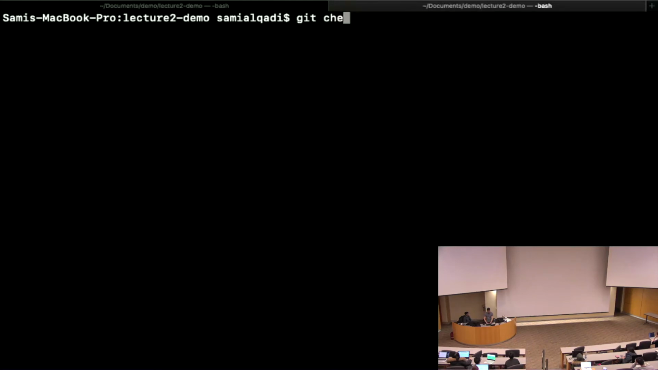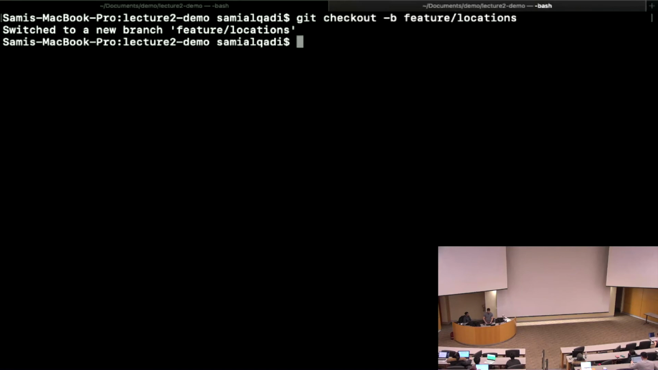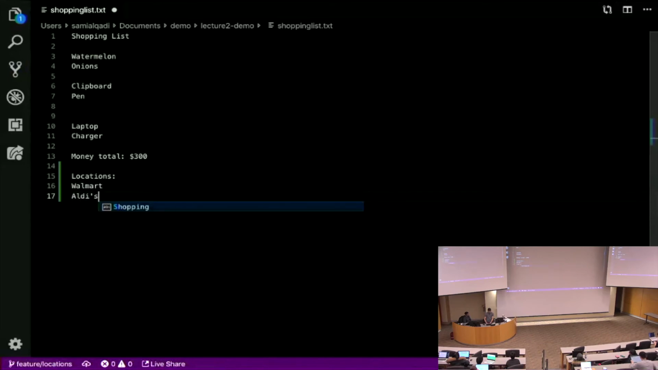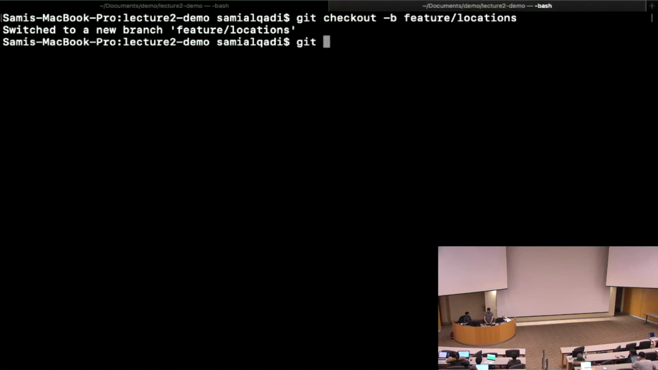And so let's say I check out a new branch, and we'll call this a new feature for locations. If I want to say, hey Rohan, there are some good locations for our shopping list, we can add this to our locations list. So now we are on this new branch. And if I add this new feature, we'll just call it locations. We'll say Walmart, Aldi's, and we can add more later on. So if I go ahead and I commit,